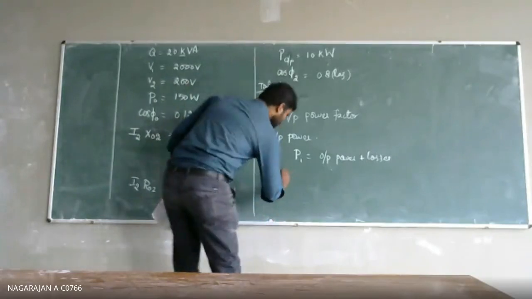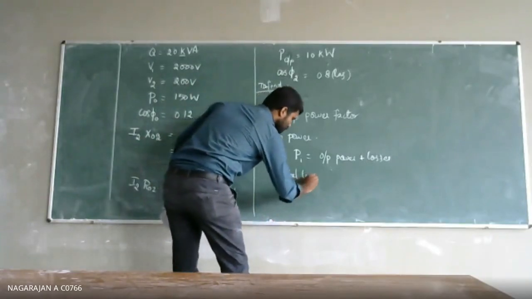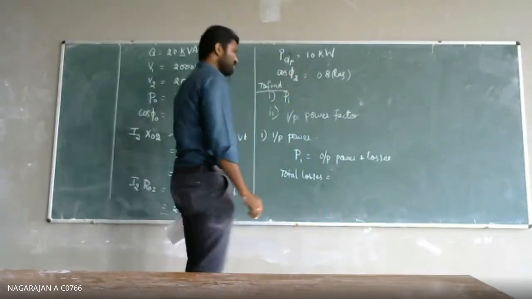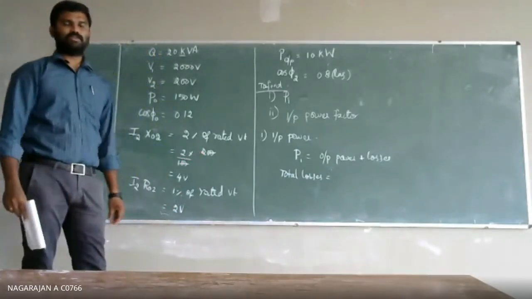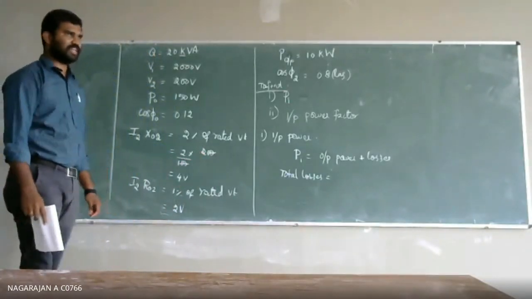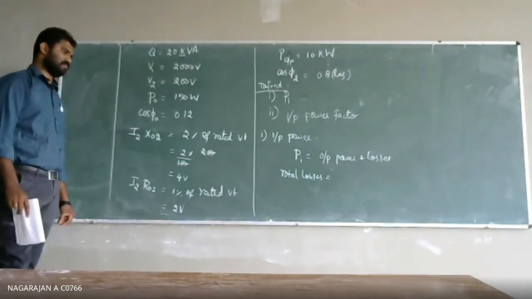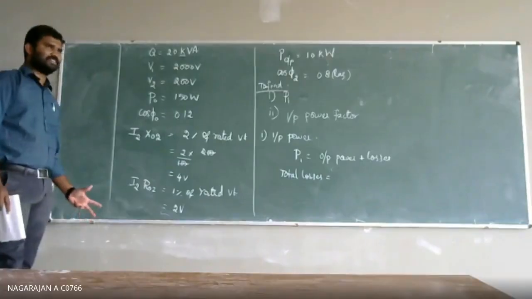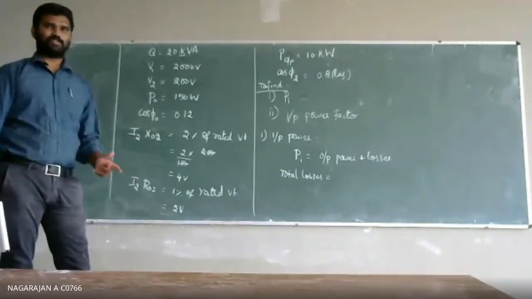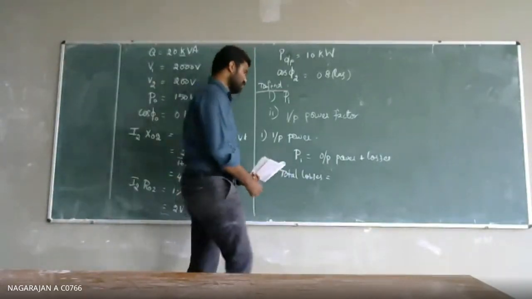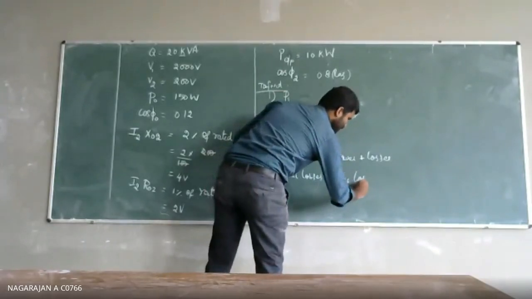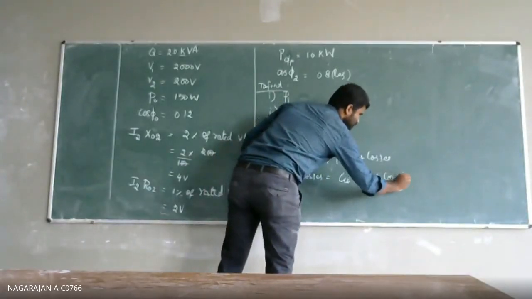Okay. So total losses can be calculated as, the equation for finding out total losses. What are the two different losses in a transformer which are predominant, very high values? Two types of losses in a transformer. Can anyone answer? Iron loss, core loss, sir. Core loss and iron loss. Magnetic loss. Iron loss and copper loss. Otherwise, core loss and copper loss. Okay. So these two are the common losses in a transformer. Very good. So it is the sum of copper loss and core loss.